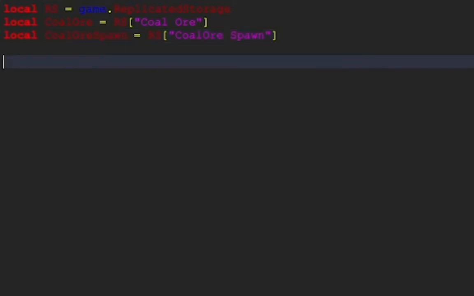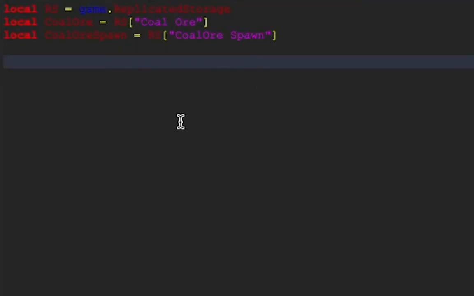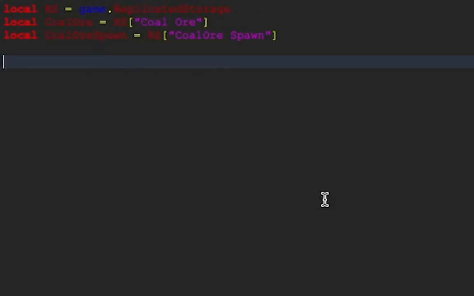Now what you want to do is, this would always happen when someone joins the game, and you only want this to happen once, because otherwise it's not going to work. The game is also going to be solo, as it's a factory game. We will do multiplayer in another video, but for now it's going to be solo.